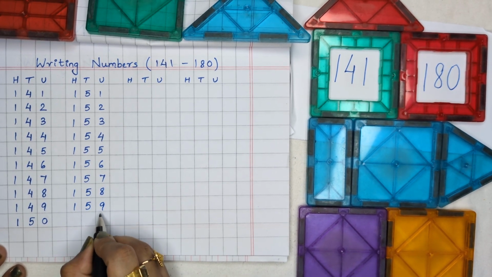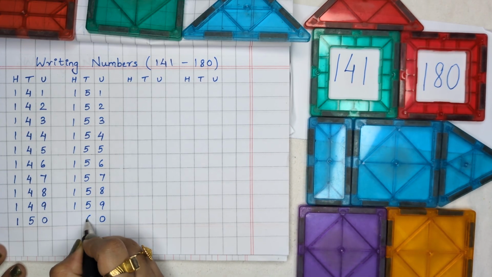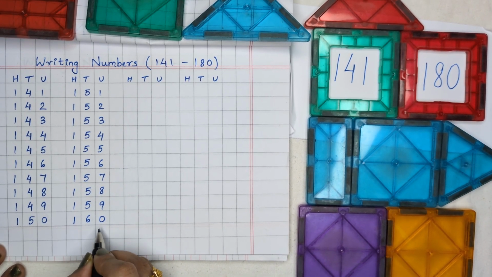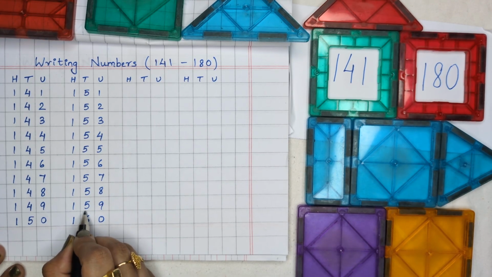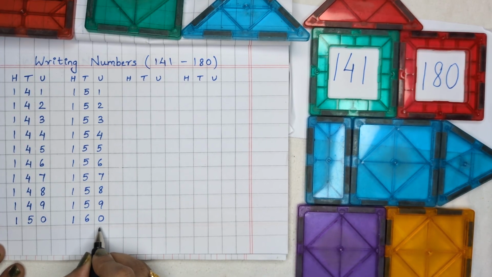159. After 9 comes 0. After 5 comes 6 and 1 remains 1. So 160. So you can also say 59 comes 60. 160. After 160 comes